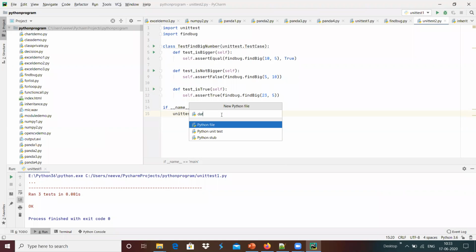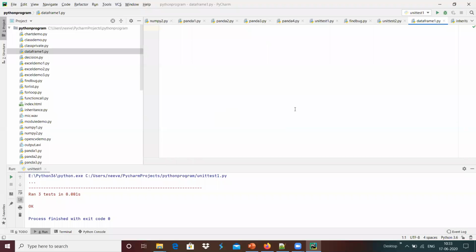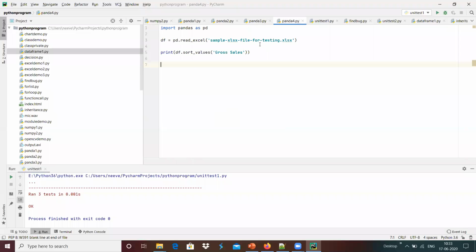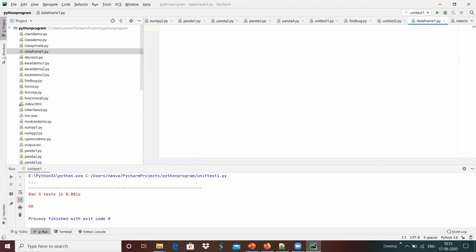We can have something like a data_frame_1.py over here. In this, I am going to use pandas to create a data frame, and for that I'm having the functions: import pandas as pd, and I'm going to define a function def